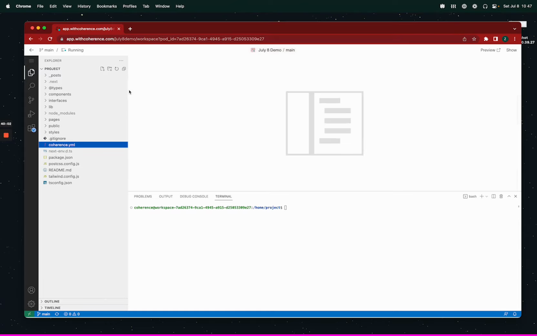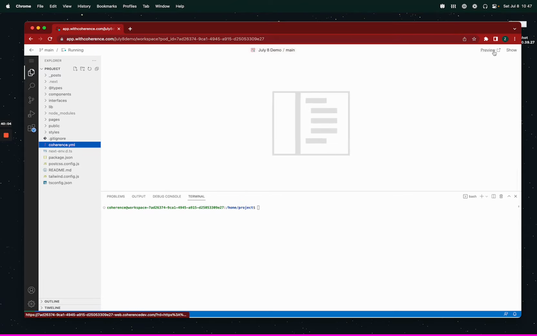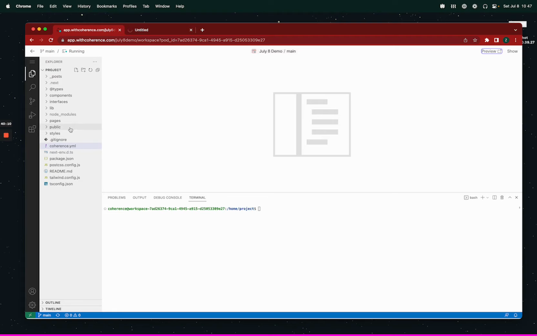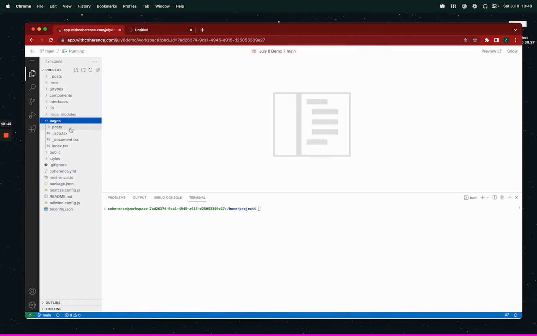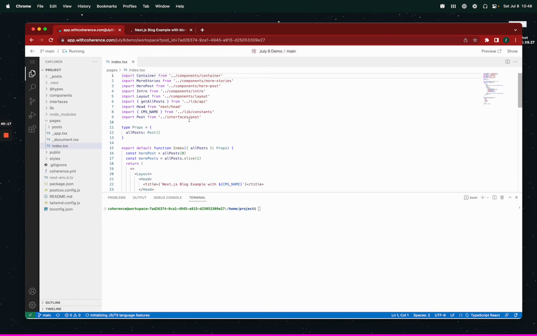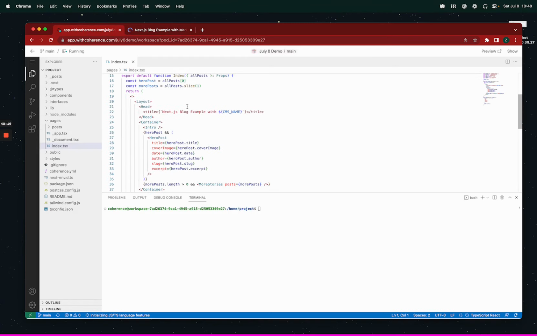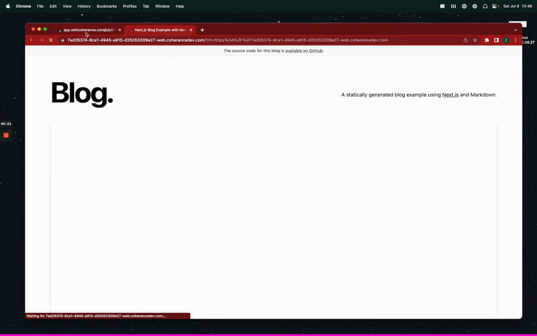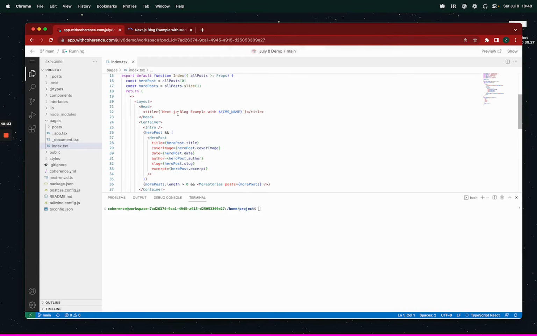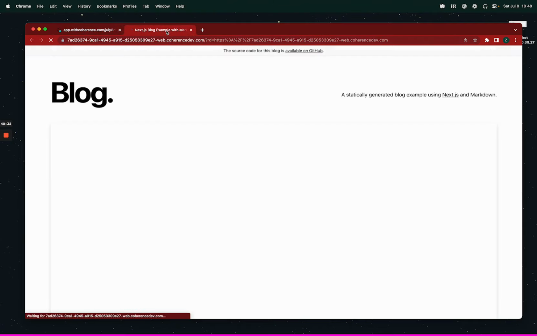And then the cool thing is, in addition to the actual VS Code editor, I've got a working dev preview running right on this instance that is hot reloading the code. This is still loading, but I could change some stuff. For example, I'll change the title from Next.js blog example to Next.js Coherence blog example. And that should be saved. And if I refresh,